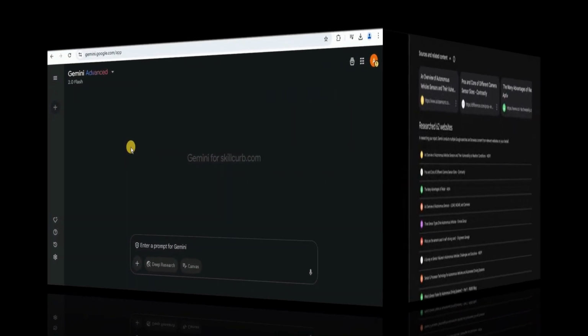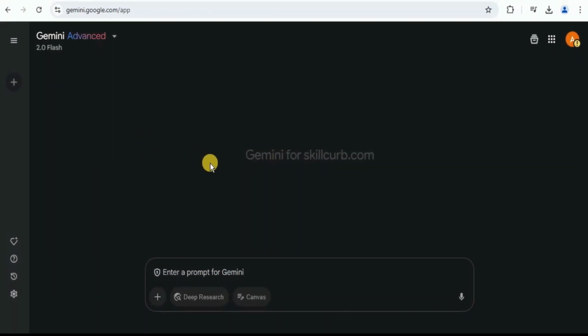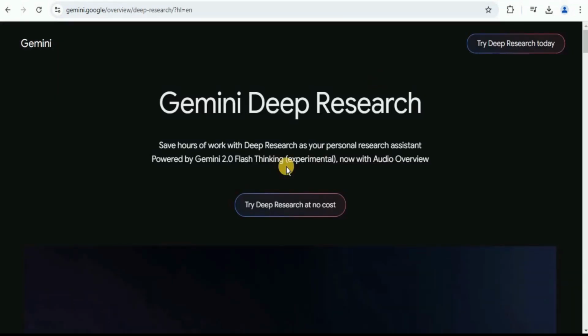Alright, so let's get started. If you want to learn anything from scratch, the first thing that you will do is research the relevant materials online and then try to piece together the various fragmented information to create your study guide. This will take you days or even weeks of effort, but what if I told you that this can be done in just a few minutes with the Google Deep Research?